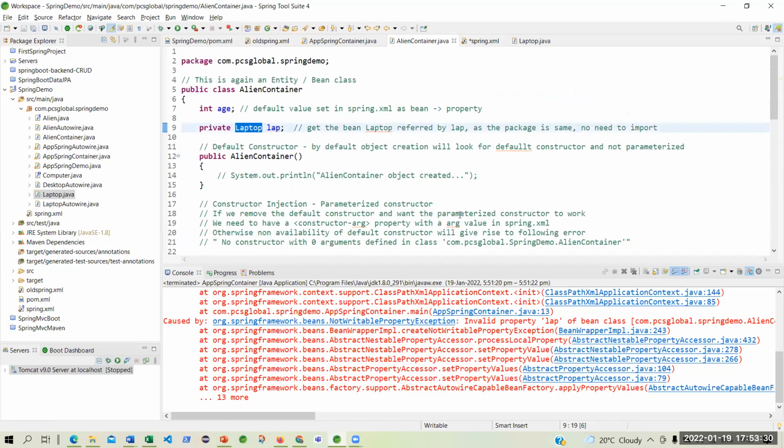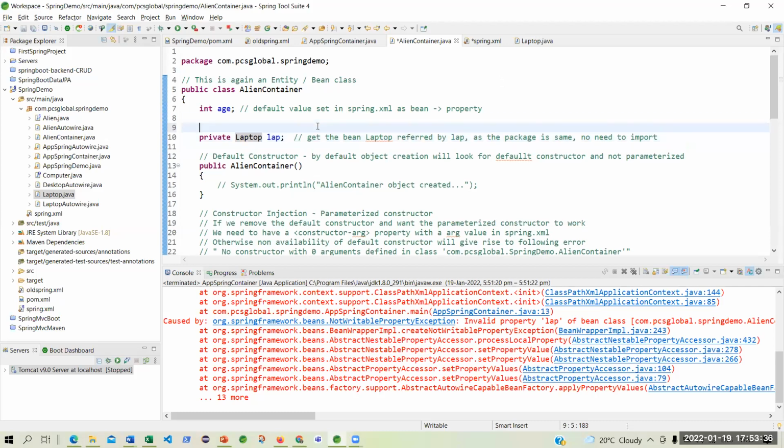It is also a sort of injection, but that injection has been aided because you are not using any annotation like autowired. Why? You cannot do that because you have not used Spring Boot.